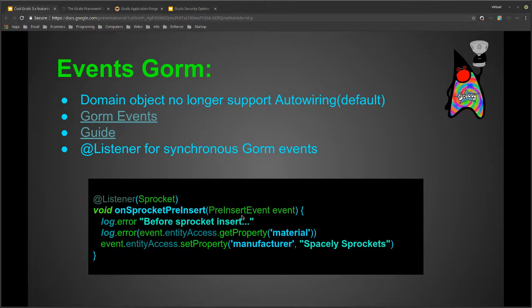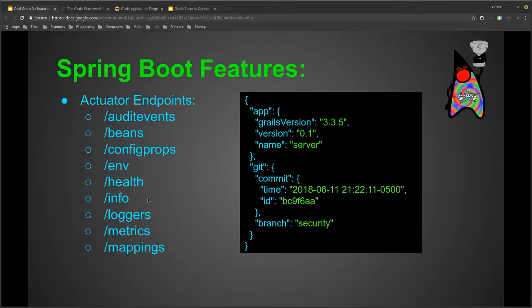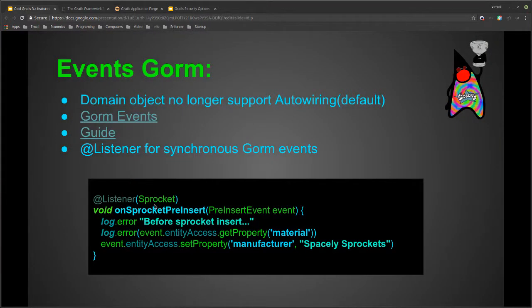So say you wanted to add the last user that something modified, but you didn't want to pass that into the constructor to your domain object every time. You didn't want to have a developer have to remember that. What you can do is they added this @Listener, and you can set it to a particular domain. Oops, I can't double click on that because it's not code.